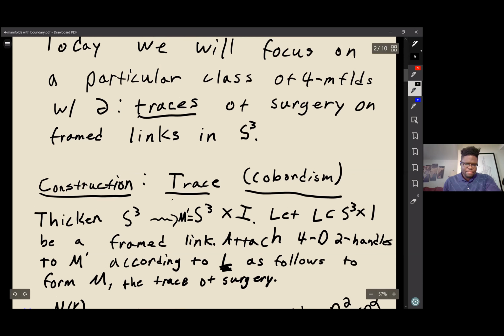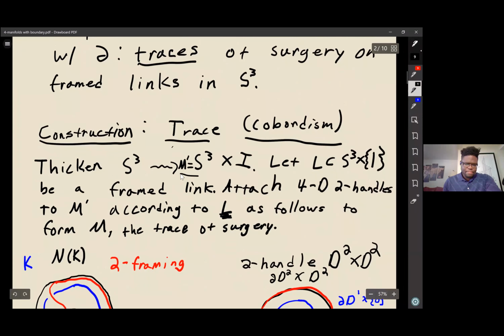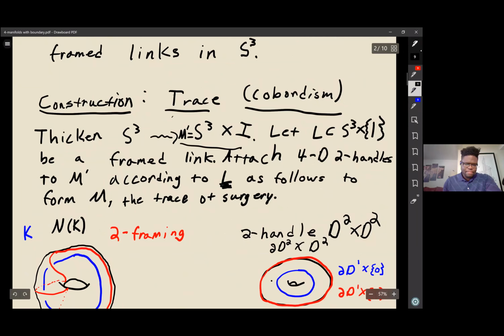We'll take S3 times an interval. And we're going to let this framed link be inside of the S3 times 1 component of the boundary of M prime. We're going to leave the S3 times 0 component of the boundary alone. And we're going to attach four-dimensional 2 handles to M prime according to L, sitting inside of S3 times 1,